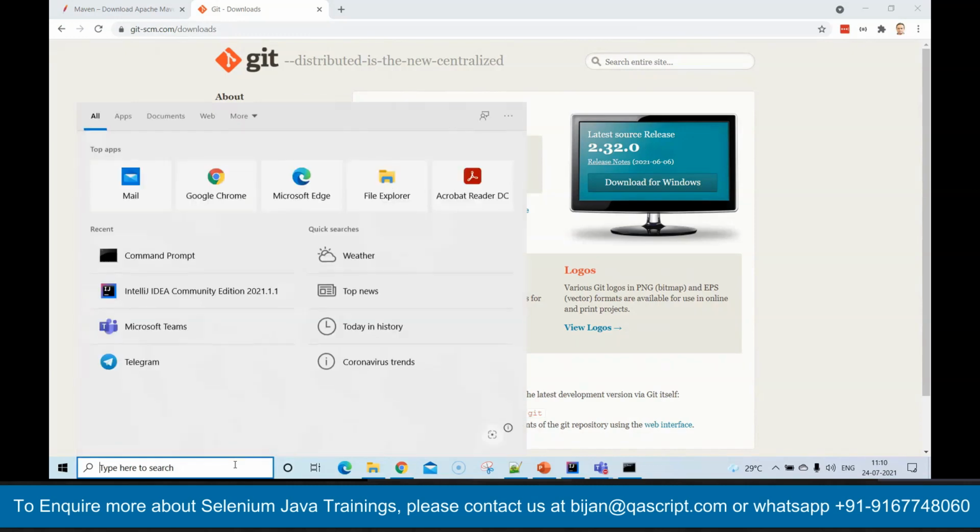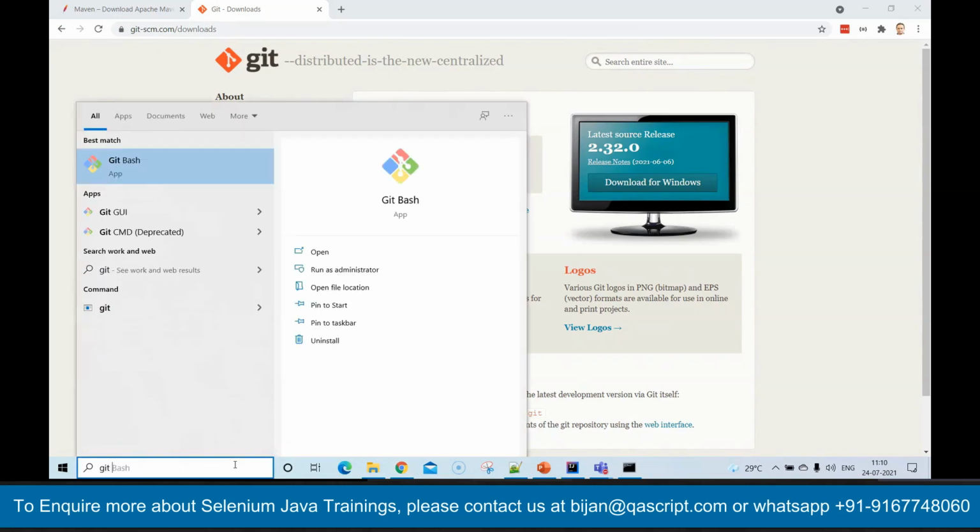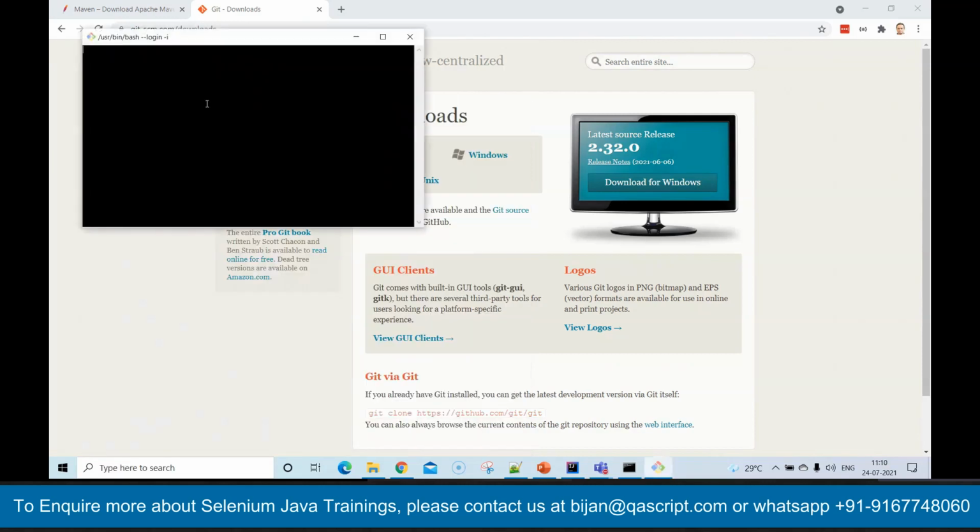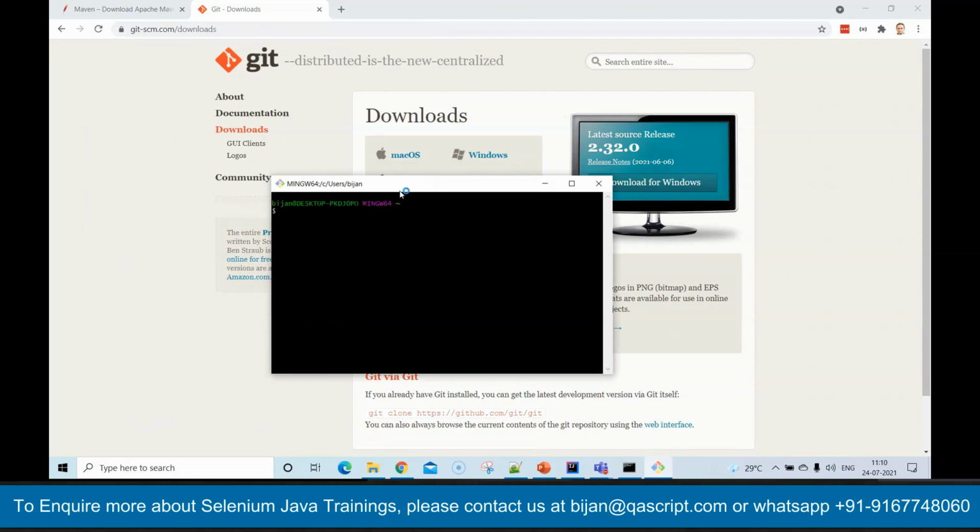Once you download it, I have already done that, so you can search for Git bash in your Windows machine. So this is the Git command line for any GitHub repository or any Git repository. It's similar to your command prompt, but it is integrated with Git. So you can use all the Git commands here. So say for example,